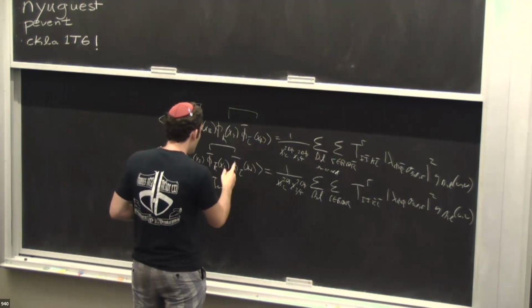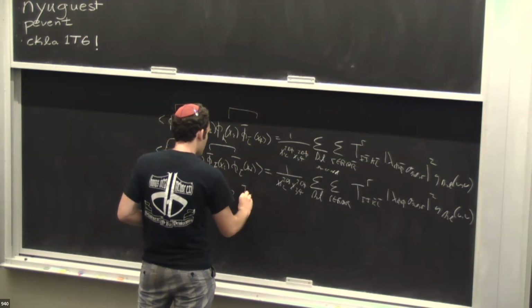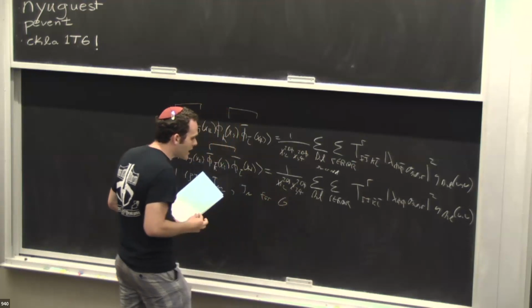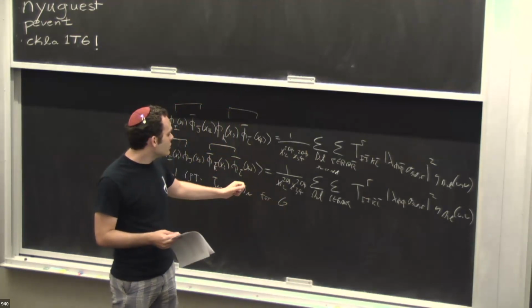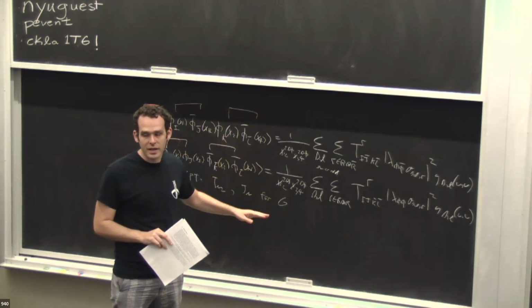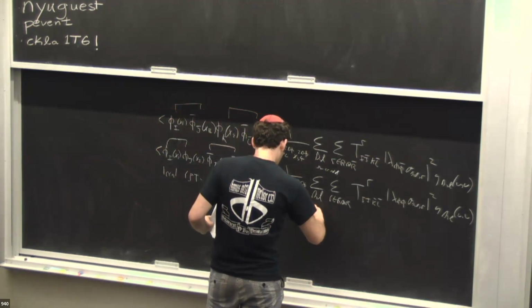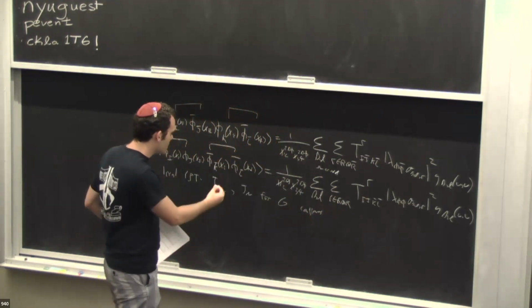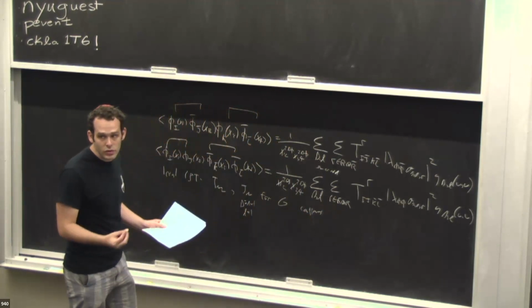For local CFTs, now that you have a global symmetry, in addition to having the stress tensor, there's also another operator called the current. This is the current for your global symmetry G. As long as G is a continuous global symmetry, then you have a conserved current associated with it. If G is a discrete global symmetry, then you would not have a conserved current associated with it. So this is only for G continuous, for instance if it's O(N). For an O(N) global symmetry, you would have a conserved current. This has dimension D minus 1, and it's spin 1. And so this is another operator